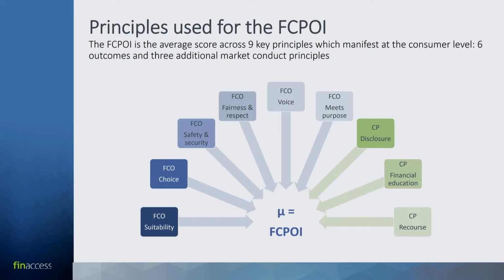And that framework was developed by CGAP in line with the global treating customers fairly principle. So what it basically says is if you have a financial sector that treats its customers fairly, what would be the outcomes as they transpire, as they manifest in the lives of consumers themselves? Now they defined 6 such outcomes. First is suitability. That basically means that the products that are available on the market must be suitable to my needs as an individual on the ground. It must be appropriate to my context, where I live, my features, my household.